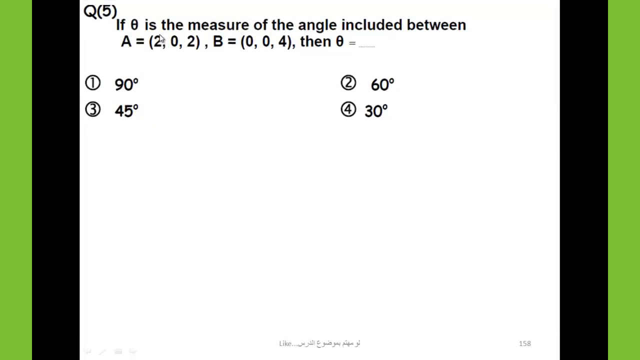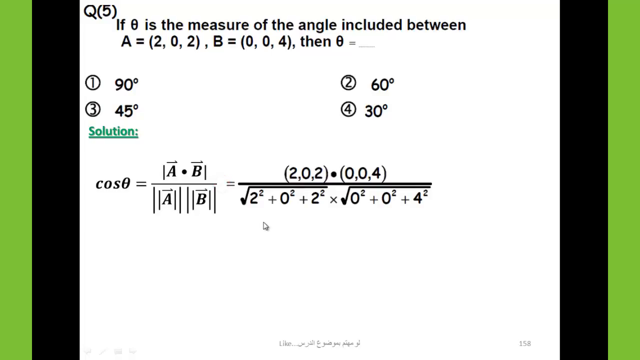Question number 5. If theta is the measure of the angle included between A equals (2, 0, 2) and B equals (0, 0, 4), then theta equals one of these values. So the required is to calculate the measure of the angle included between these two vectors. Solution: cosine theta, you have to memorize it. Cosine theta equals the absolute value of A dot B over the norm of A times the norm of B, which equals the absolute value of